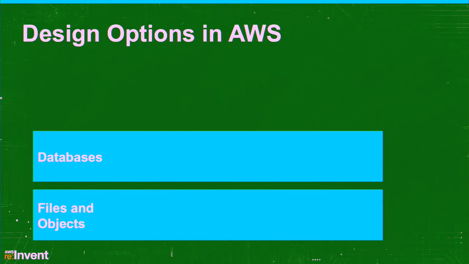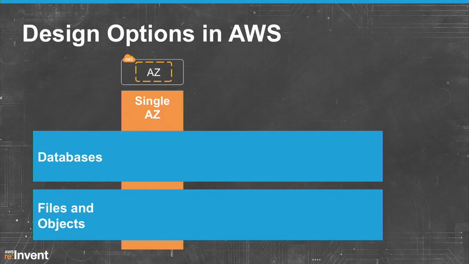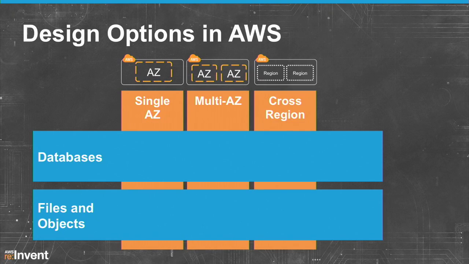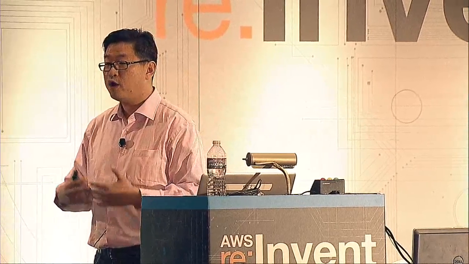As I say, we're going to focus on two different types of data. So you have a database and files and objects. A lot of times the customer will say, well, traditionally what you do is you replicate data between two servers in a data center, right? You can still do that in a single AZ in AWS. Sometimes you want to replicate data between multiple AZs in order to increase your availability. More and more customers are replicating data cross-region for market expansion or